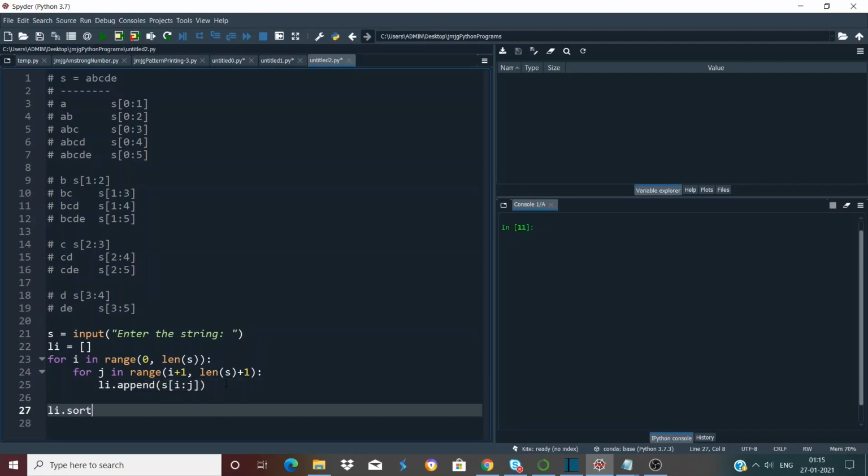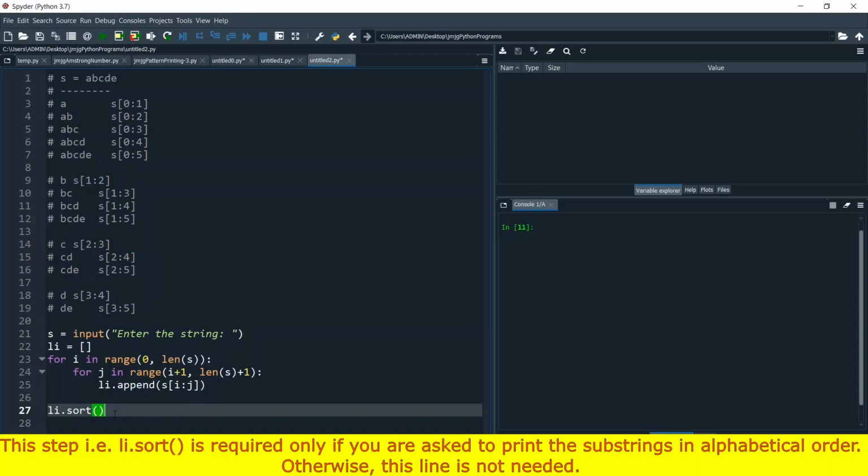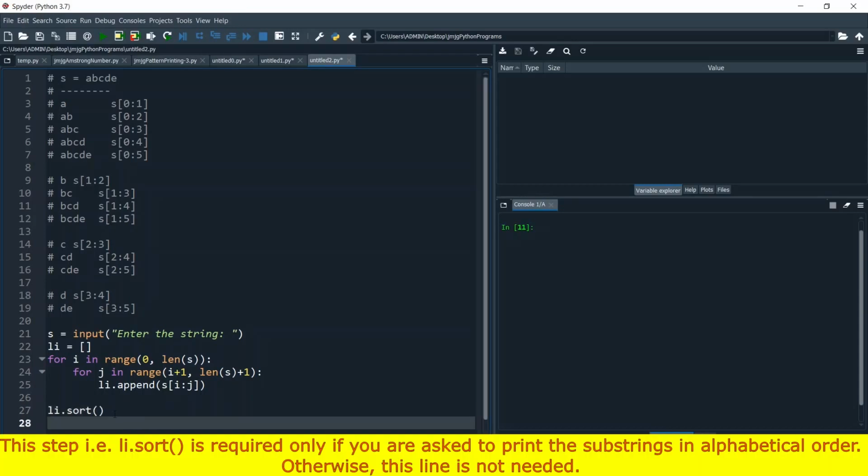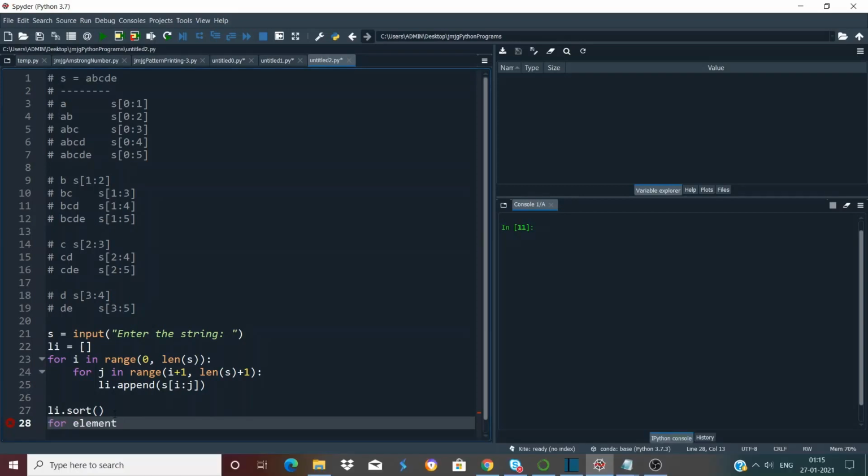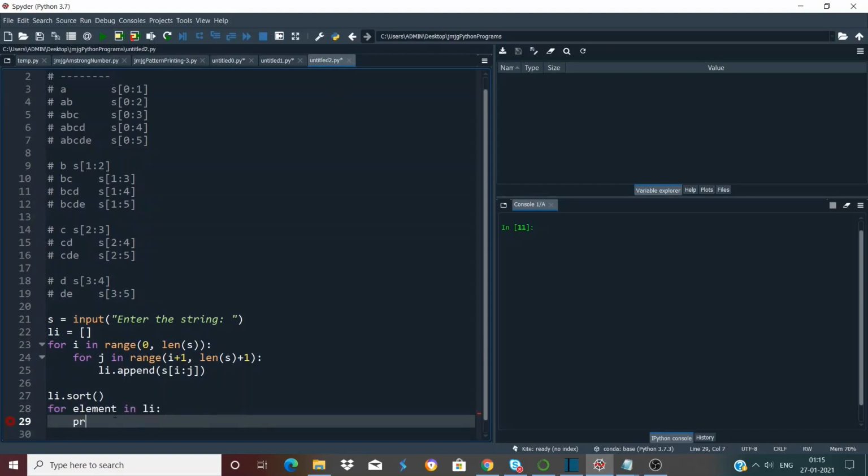As we have to print the elements in alphabetical order, we will simply sort the list, and after the list is sorted, we will simply print all the elements of the list. For element in li, print element.